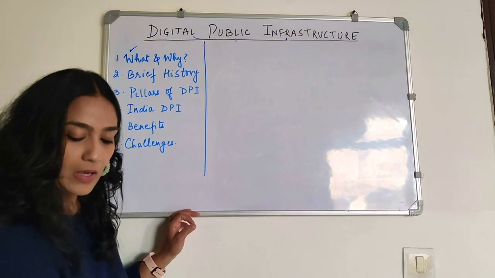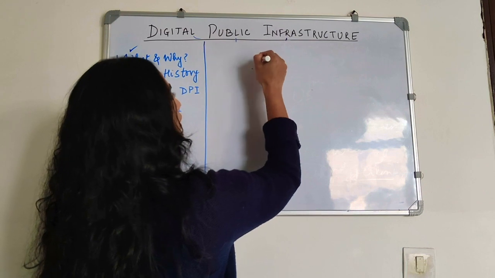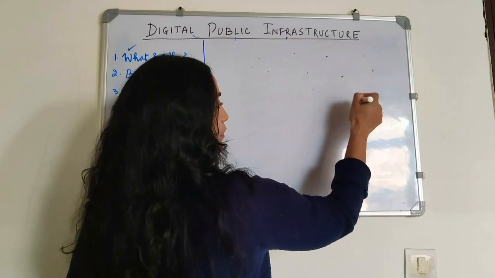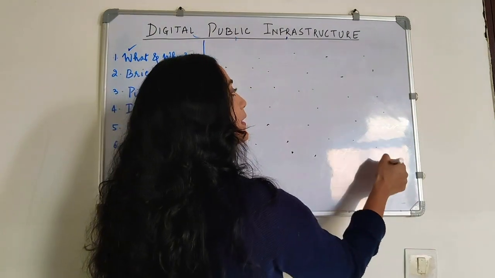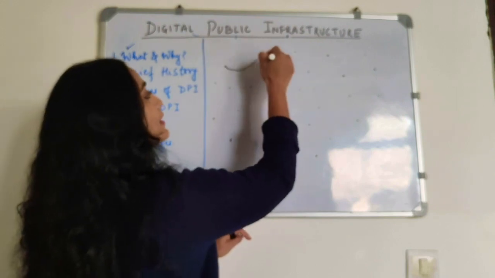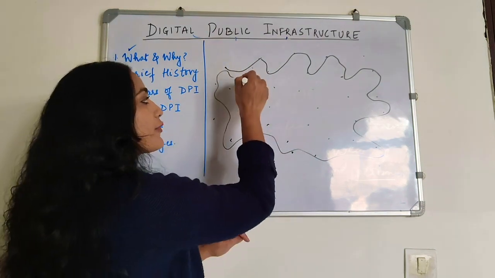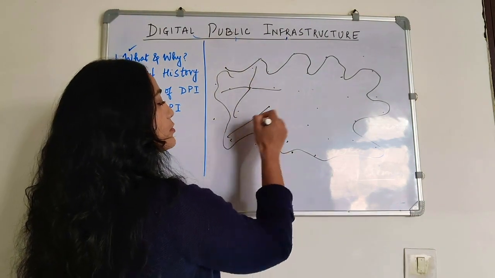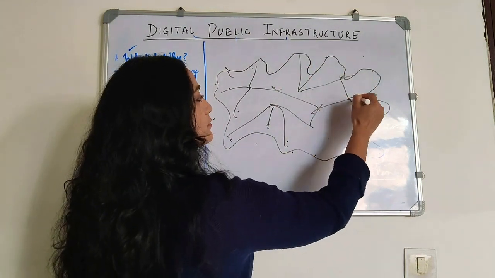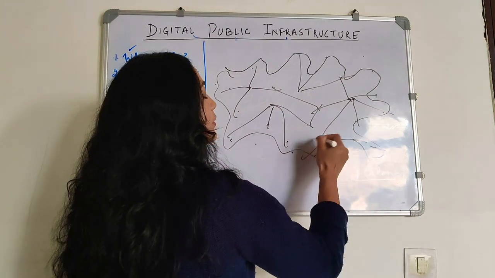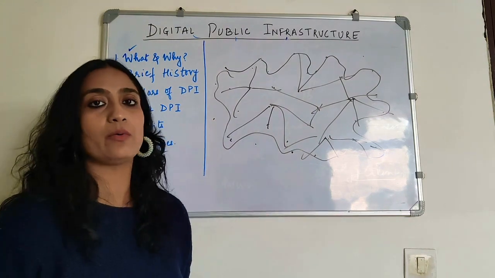So you can think of the world as a network where there exist billions of computers and electronic devices all over the world. The internet is something that is connecting every one of them. So I'm just drawing these random lines. Of course, each of them is also connected. So you can think of every point being connected to every other point. Something like this. So this is the internet, the entire collection of the network.